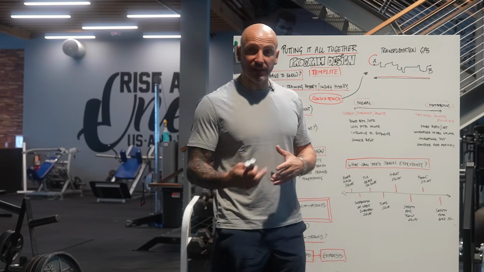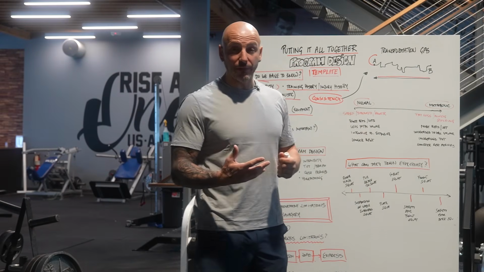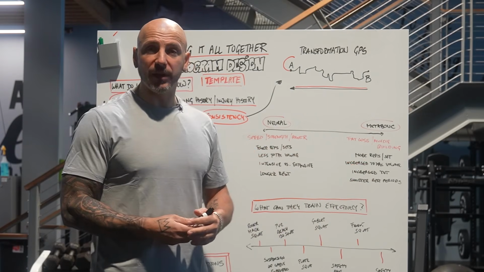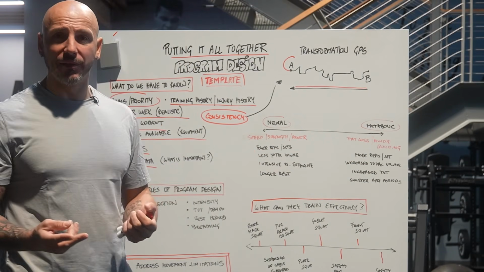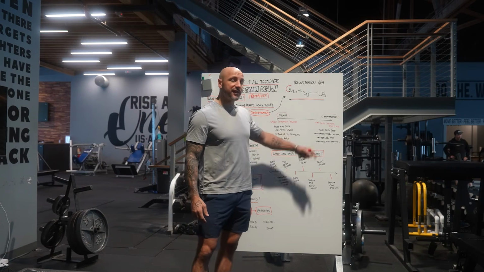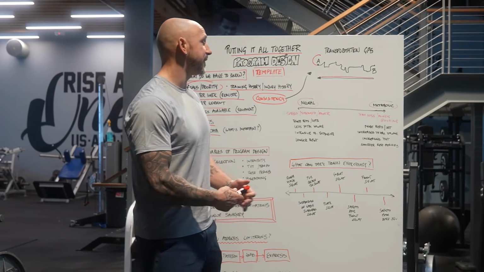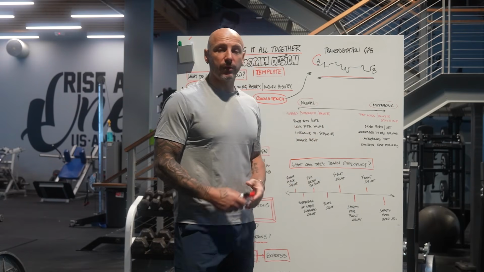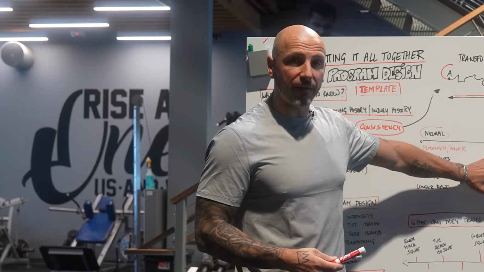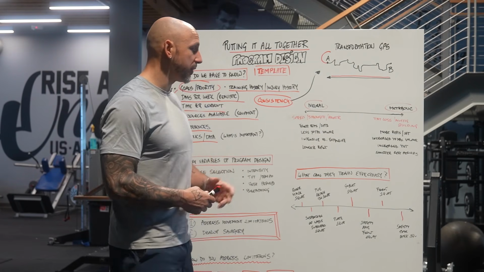So there are more reps per set: 8, 10, 12, 15. Increased total volume. So even though the intensity, the load, is lower, our volume is higher. There's increased time under tension. If I do a heavy double on a deadlift, my time under tension was probably a total of 6 seconds. I do a set of RDLs for 12 with a 3-second eccentric, and I'm doing 45 to 60 seconds of time under tension. And then shorter rest periods, so might be 60 to 90 seconds or even lower, if we're in a fat loss phase or whatever it may be. Whereas in strength and power training, my rest might be 2-3 minutes. The stronger you get, maybe even longer.